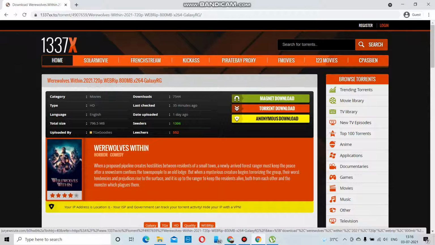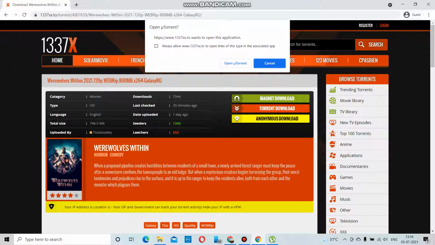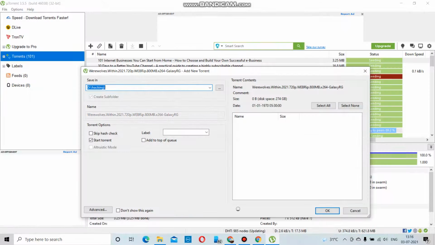So click on magnet download. After you click on magnet download, it will say open uTorrent. Then click on open uTorrent. Then you see